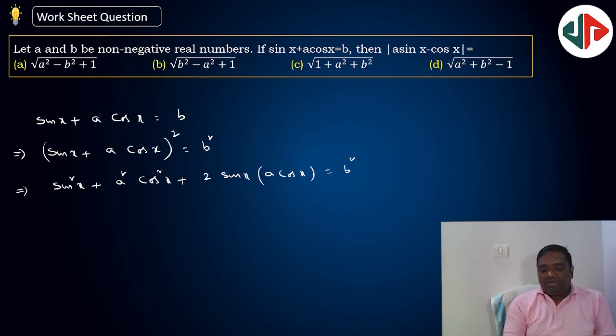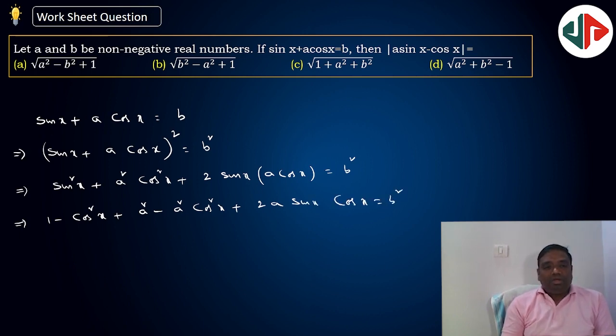Now rearrange that side. This can be rewritten as 1 minus cos square x and this is A square minus A square times cos square x plus 2A times sin x into cos x is equal to B square. Now if you simplify, it means 1 plus A square minus B square is equal to